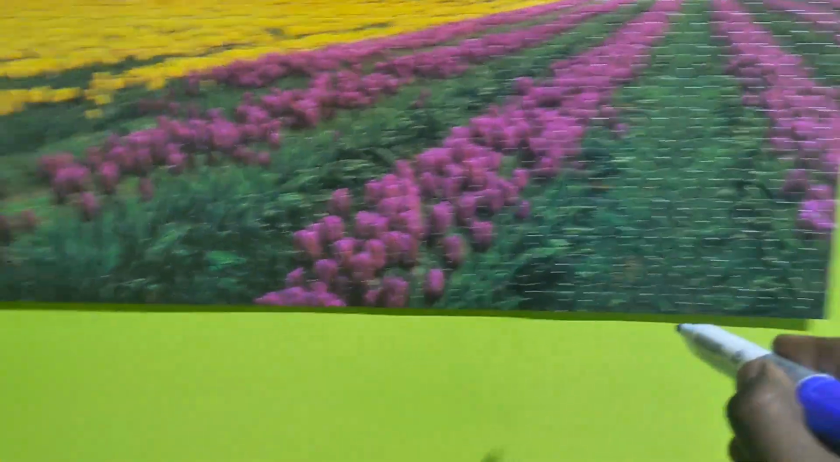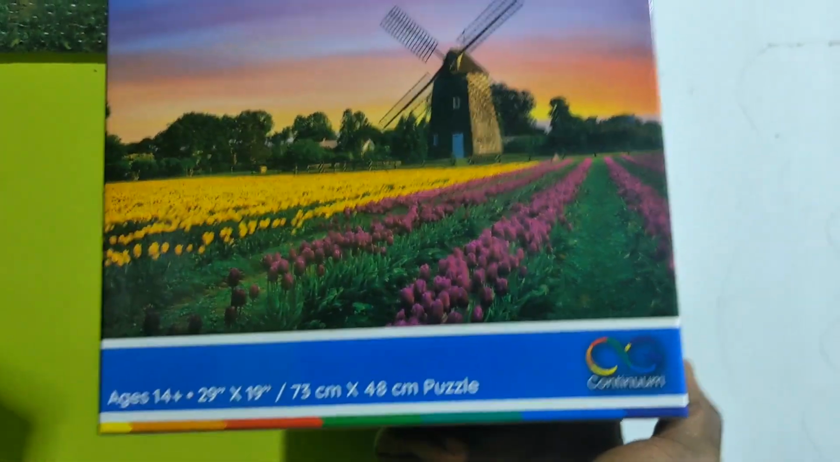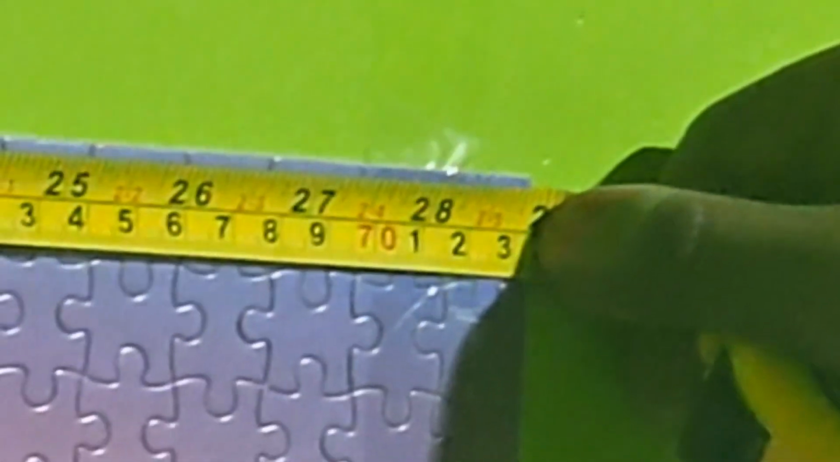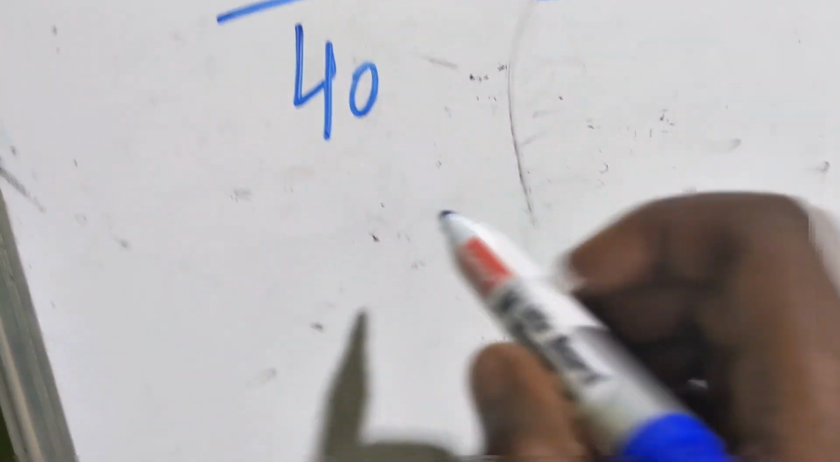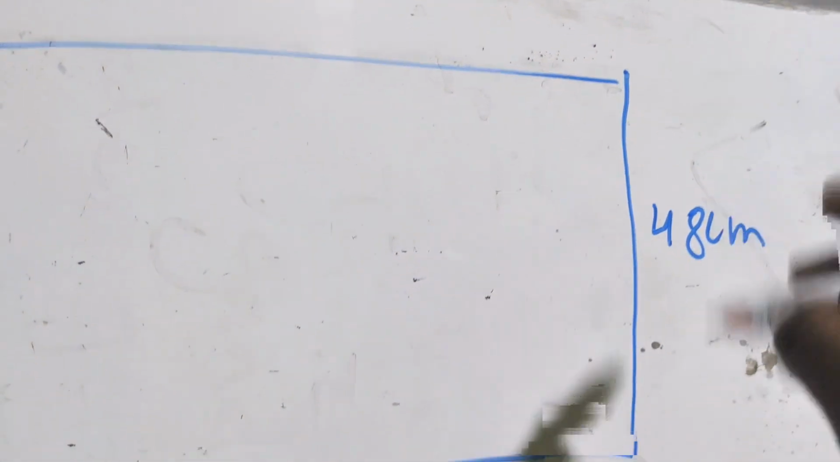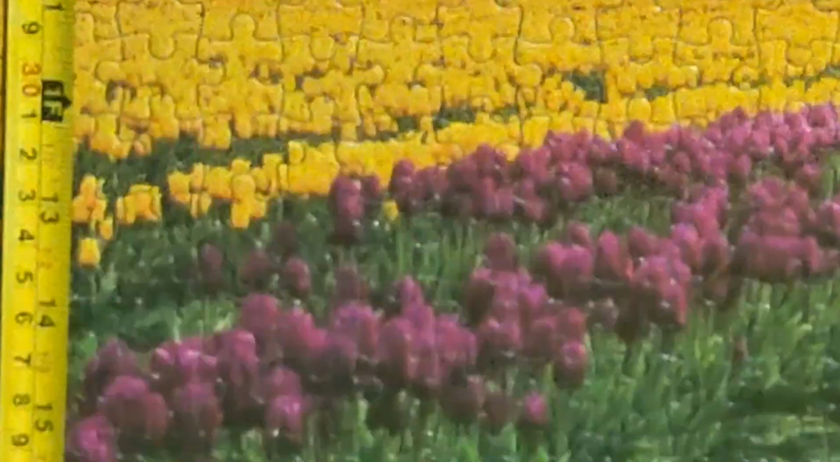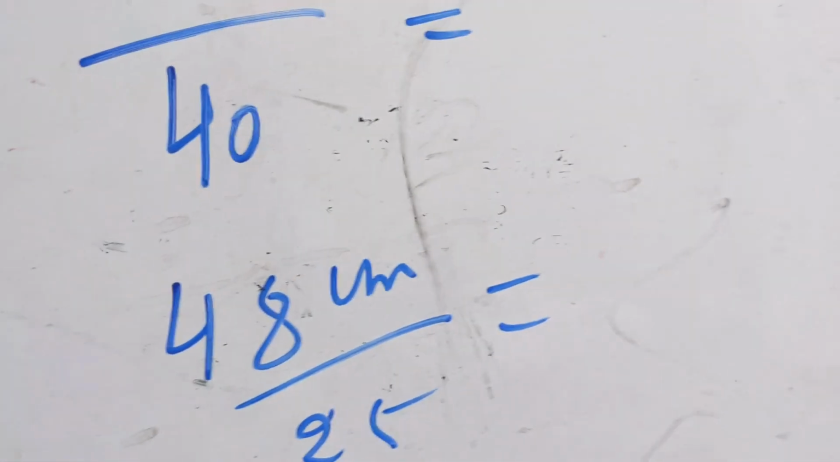Let us see a more mathematical way of computing lengths. As we saw, this original box specifies it. So we have 73 centimeters, which is made by 40 pieces. So each piece should be 73 divided by 40. And here, vertically, we have 25 pieces, right? So we must have 48 centimeters divided by 25, which gives